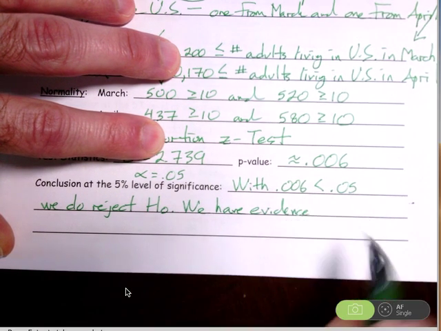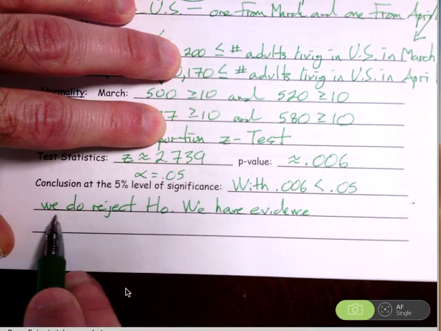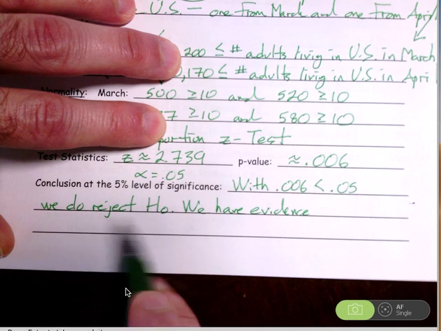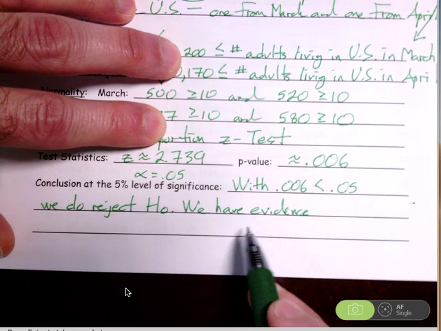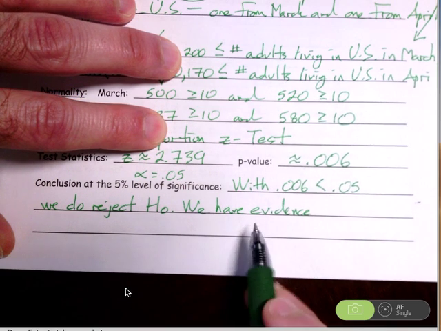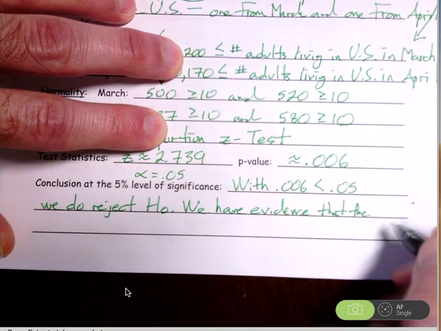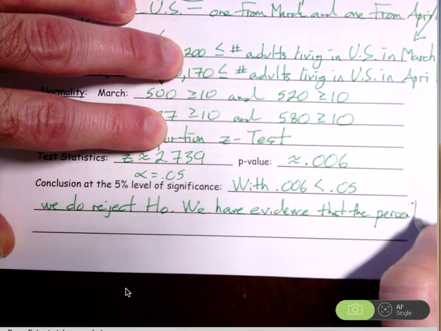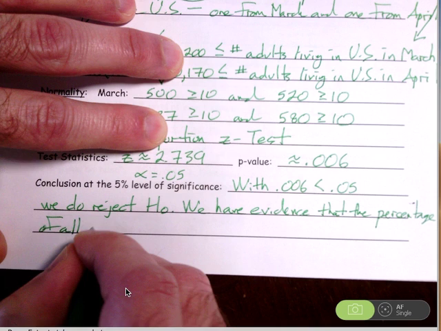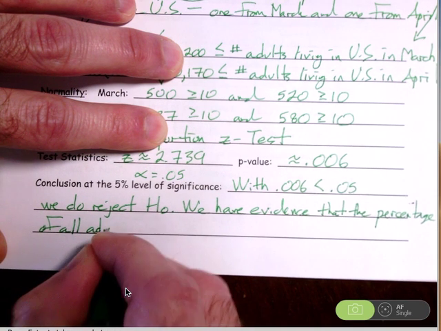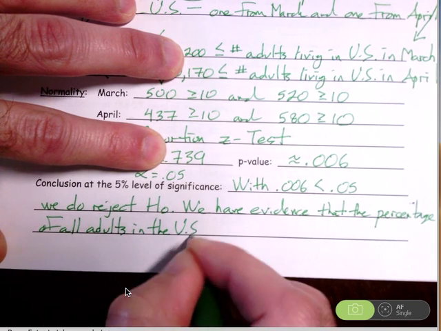Make sure when you've compared your p-value to alpha, and once you've said whether you reject or don't reject the null hypothesis, do not write about the null hypothesis anymore. The conclusion is always written about having or not having evidence of the alternative. So we have evidence that the percentage or the proportion, the percentage of all adults in the U.S. that approve